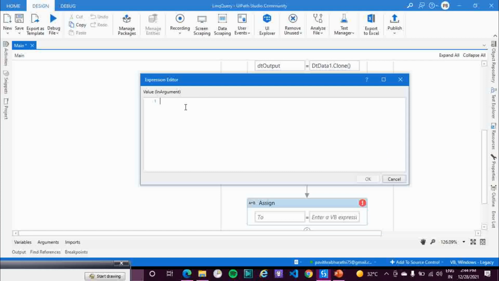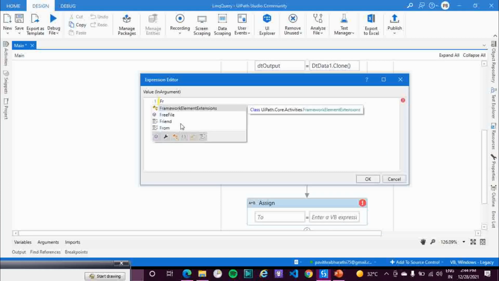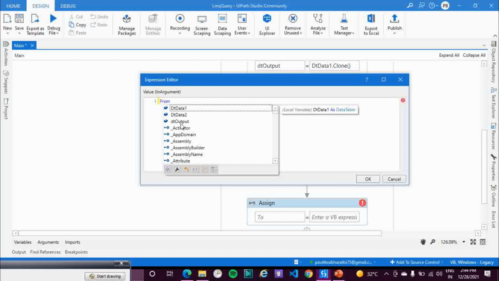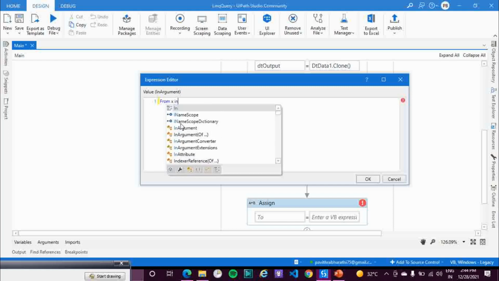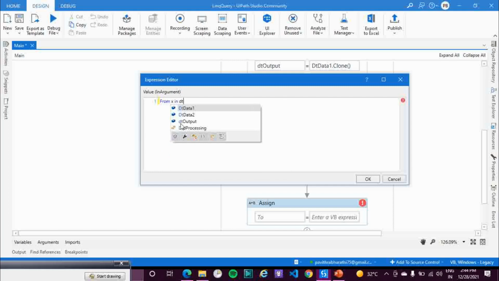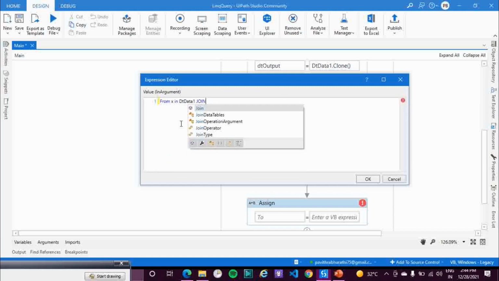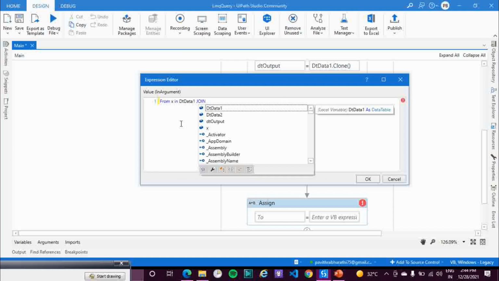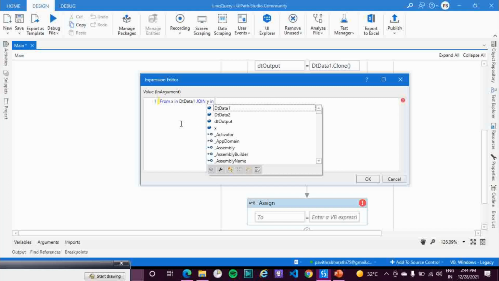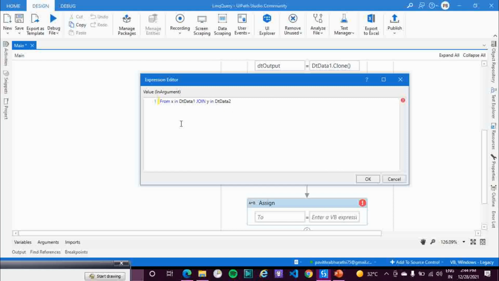Now let me write the code for the join function. From keyword, x in my data table 1. Okay, now for the join operator, y in my second data table, on.